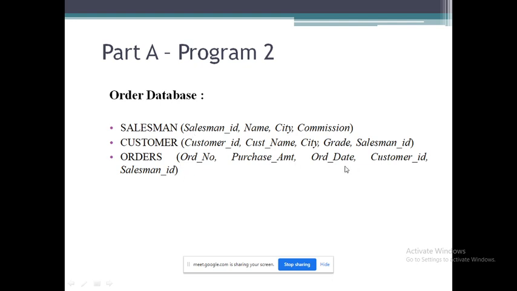And in orders, we have customer ID and salesman ID. See, these two attributes are the primary keys of different entity types, right? Customer or the salesman. So, make customer ID the foreign key which refers to customer, and salesman ID the foreign key which refers to salesman. So like this, you need to identify the primary key and the foreign keys.